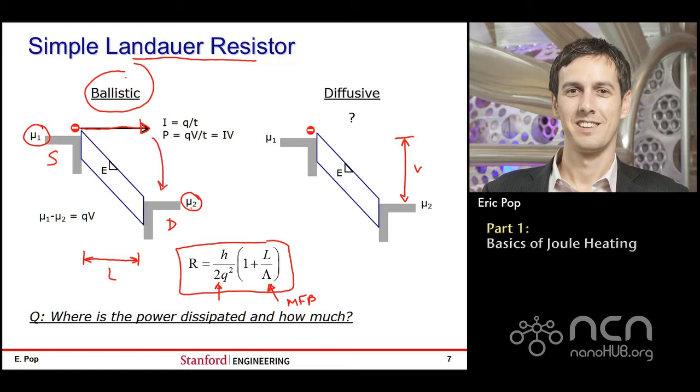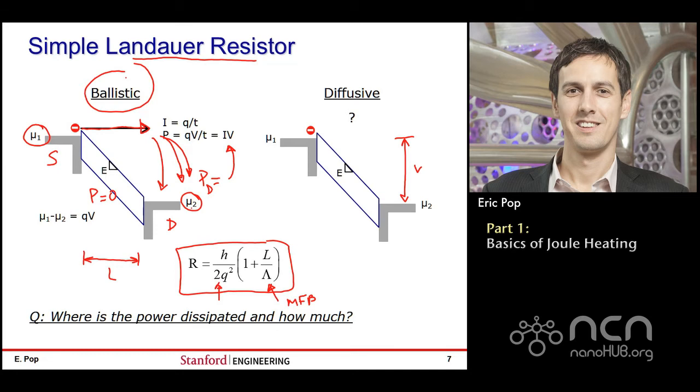Therefore, all the power will be dissipated when the electron reaches the drain and starts scattering with the phonons inside the drain. There's actually no power dissipated inside the channel, so P is equal to 0, and the power dissipated inside the drain is equal to the total power, IV, that is calculated above. The exact situation is slightly more complicated, and of course it depends on the presence of Schottky barriers. In this case, the contacts are assumed to be perfectly ohmic, in fact perfectly conductive contacts. But this is basically the gist of the story.